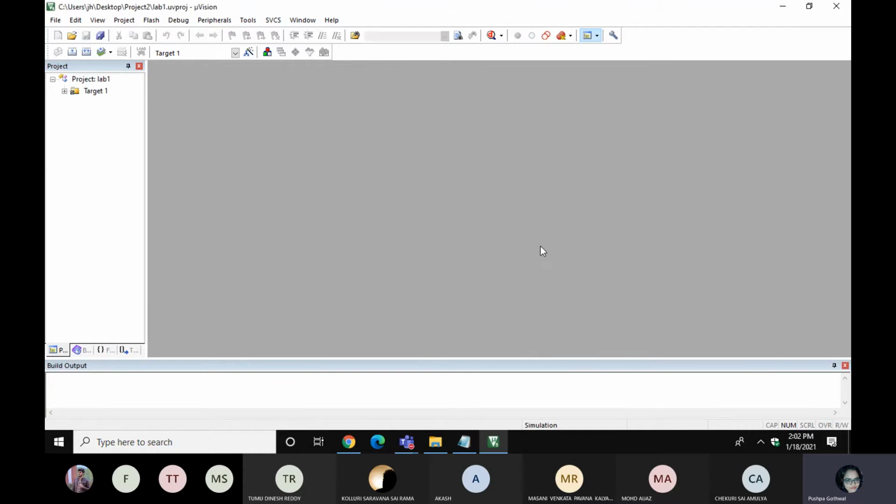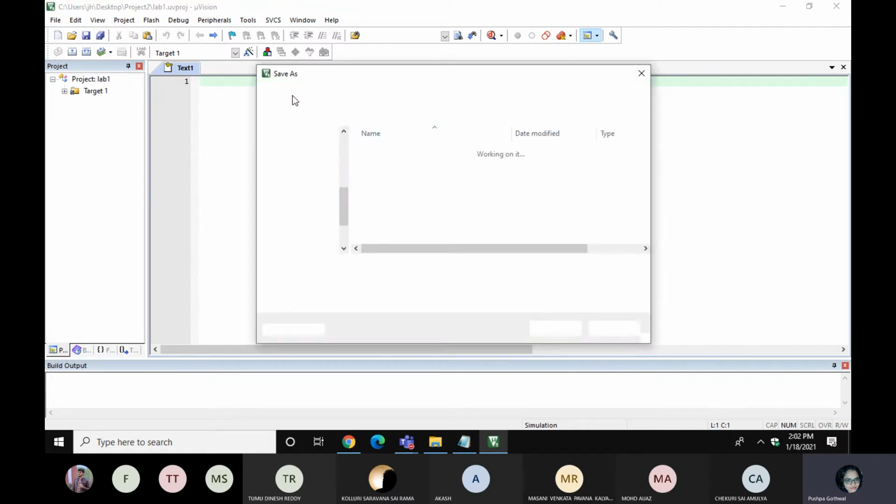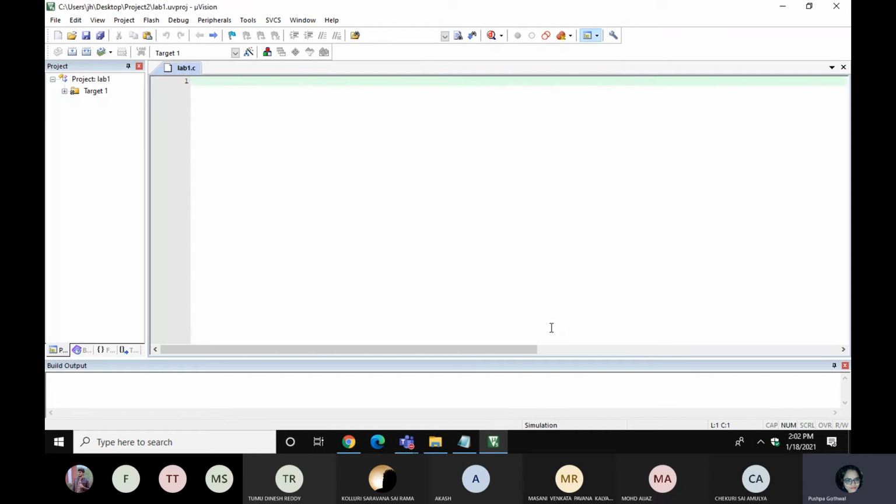Startup file, say no. Then go to File, New. This is the file where you can write the code. Now I'm pressing Control S to save this file. Here you have to provide the extension. If you are writing code in C language, put the extension .c. If you are writing code in assembly language, put the extension .asm. But right now I'm writing C language code. Save. See, my file is saved.